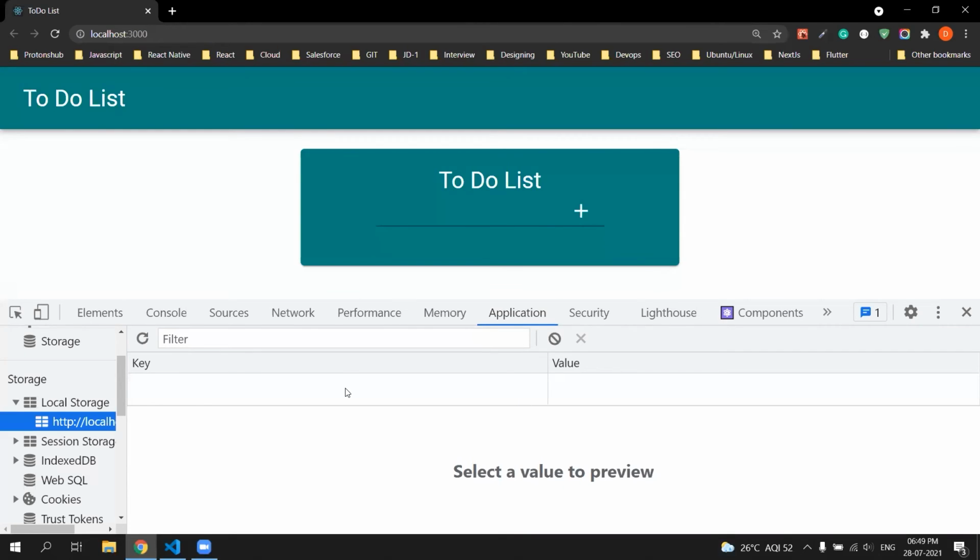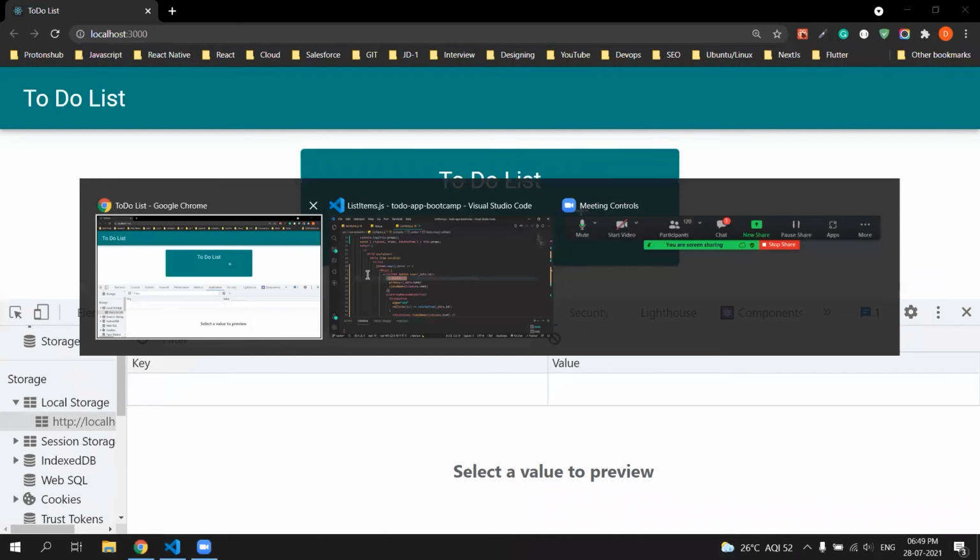So let's say we want to add something in our local storage. Let's say we need to add our name and our array in our local storage.